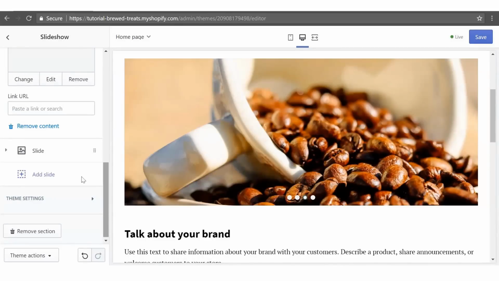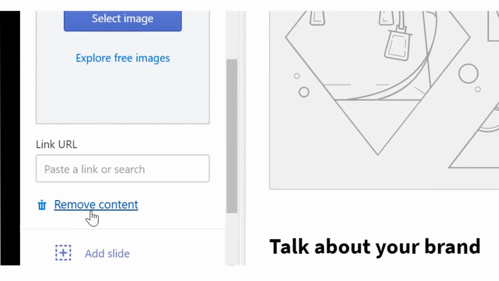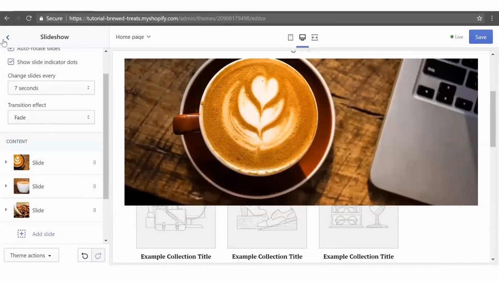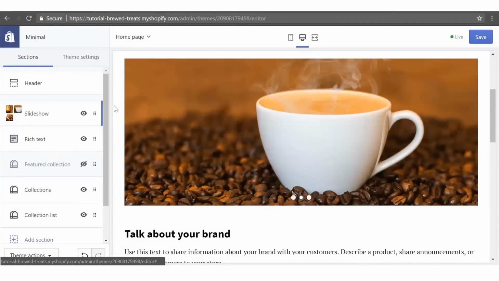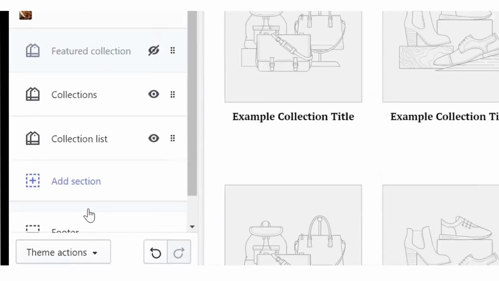Okay, now I'm going to show you how to remove a slideshow image. Click Slide. Now click Remove Content. It will delete the slide image. Come and click the Back button. Come to Rich Text. We're going to delete this, so select Remove Content. Next, click